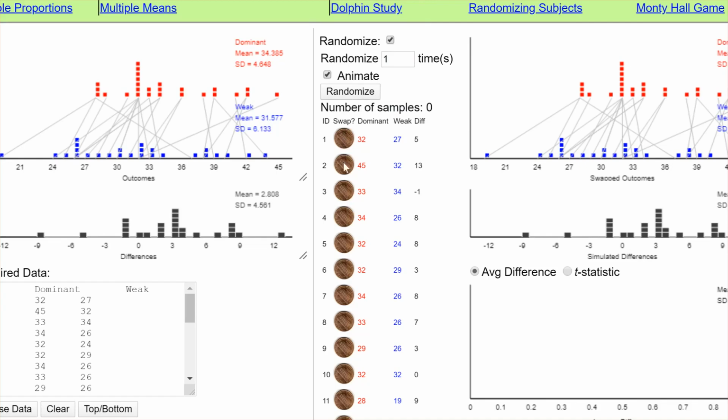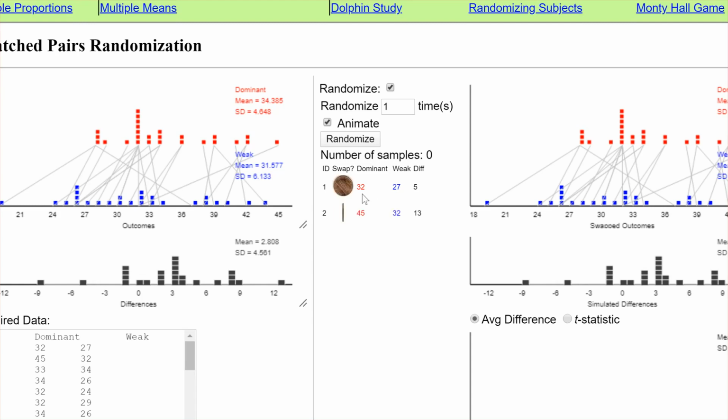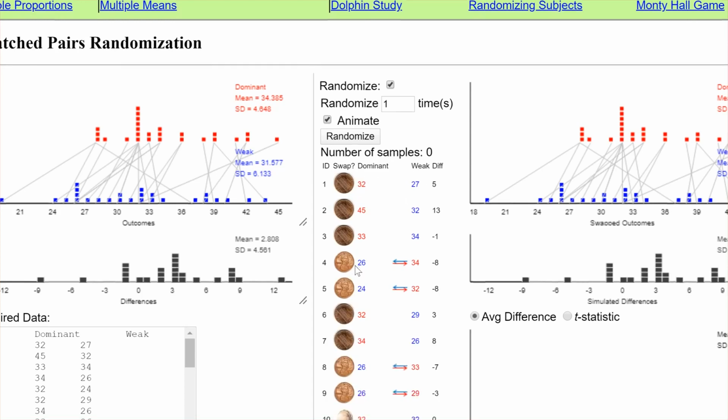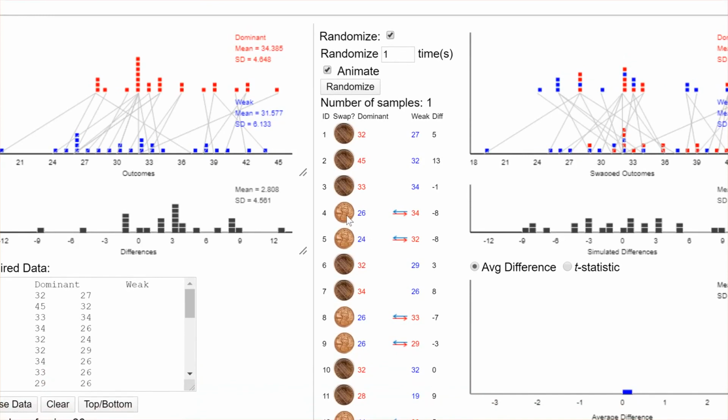You'll see some coins right here. You'll see how they work one by one. So it flips a coin, keep first pair, it has the tails, so it keeps 32 first, 27 second. The fourth pair had a heads, so it switched 34 and 26